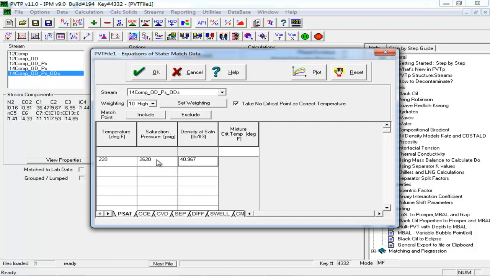So for that we will have some percent of error, and we call this